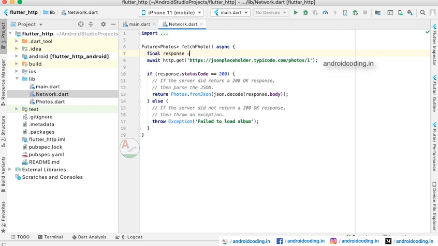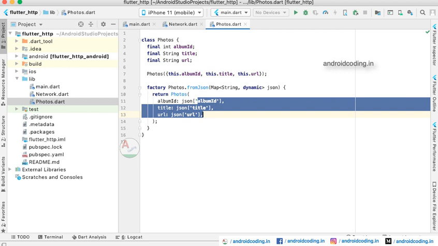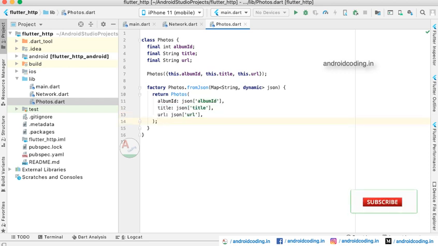Here we have specified the URL. If you pass this URL, you will get the image link and a description. For this we have added a model class here. An ID will be received, a title and a URL. These are the keys we have specified here, and using this Photos class we will pass our URL.